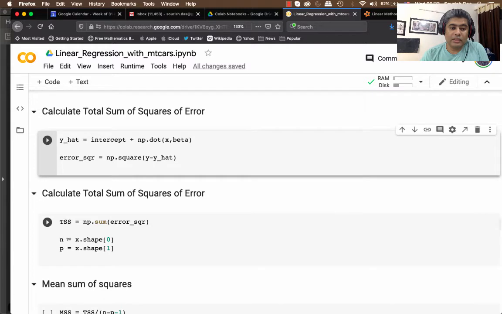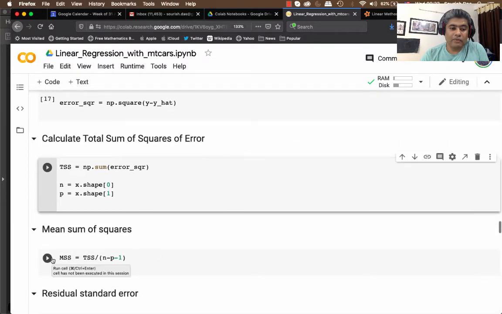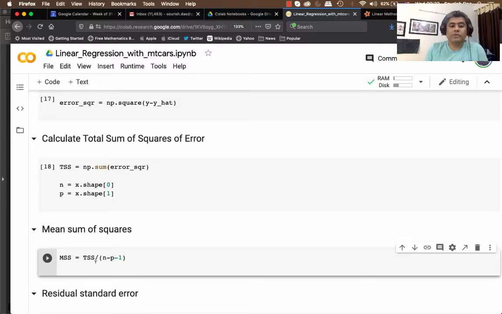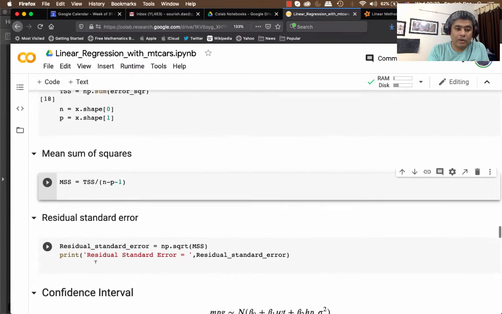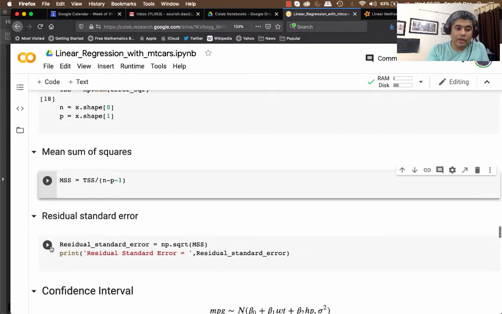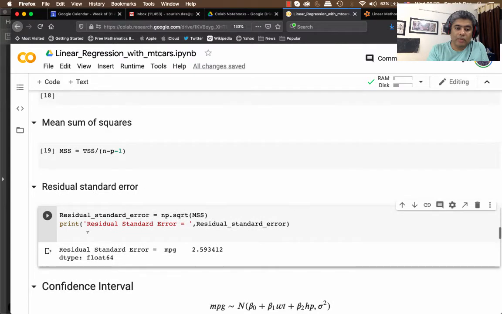So n is the number of samples, p is the number of features, so we compute that. Mean sum of squares is total sum of squares divided by n minus p minus 1. We can compute the residual standard error by taking the square root of the mean sum of squares, and the residual standard error for the model is